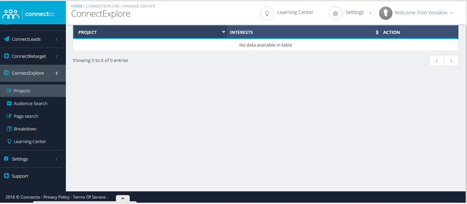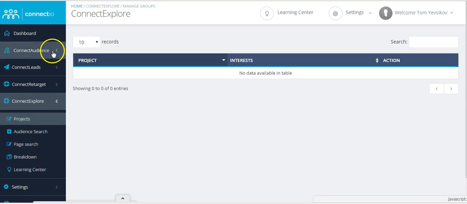Okay, let's get started. So forget this projects tab, okay? It does not matter, and the Learning Center does not matter. And these Connect Audience, Connect Leads, Connect Retarget are 3 additional softwares that you get access to there. Each one of them is sold for $47 a month,